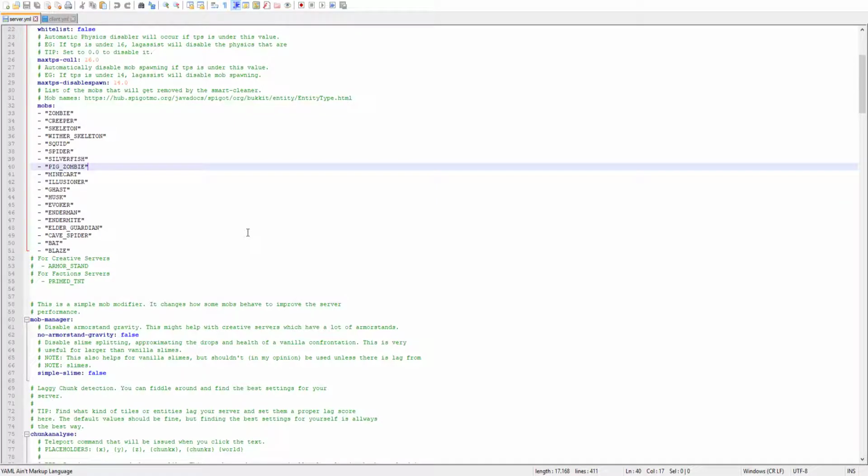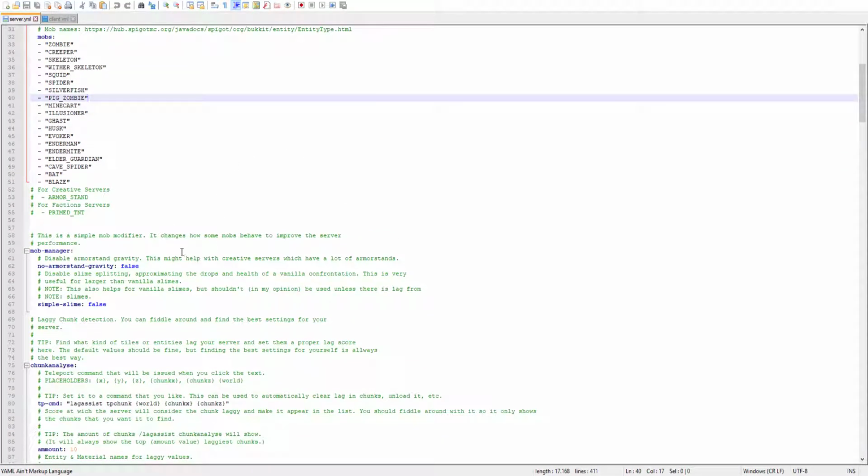Aside the smart cleaner, we have the mob manager. This one is more of an aggressive feature because it changes the way vanilla Minecraft works. It's very useful for some survival servers or some creative servers, but it obviously depends. The no armor stand gravity system just disables gravity from armor stands, and if you're using paper, sorry, I'm not used to it, then it will actually disable the movement for armor stands, which is even